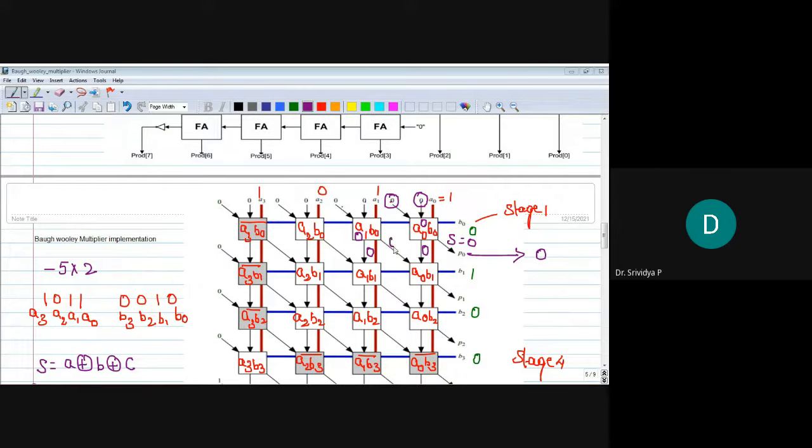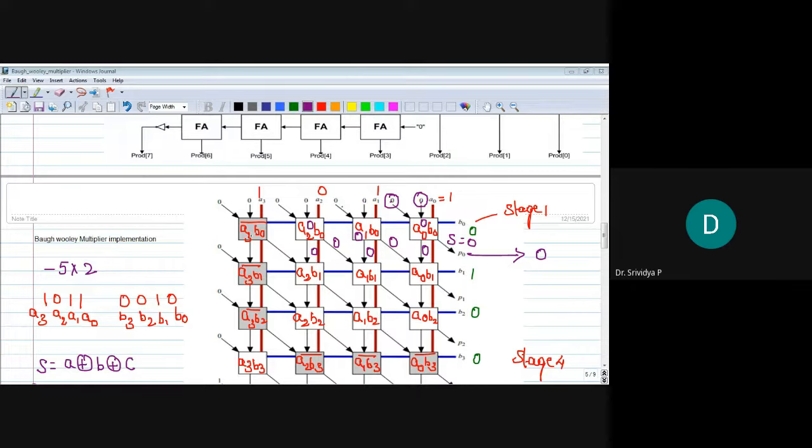Sum is also 0 because 0 XORed with 0 XORed with 0, sum is 0. Do the same thing for all the stages and all the bits in all the stages. So A2 dot B0 is 0. So the output sum is also 0, carry is also 0.